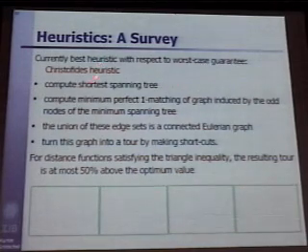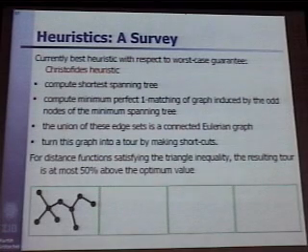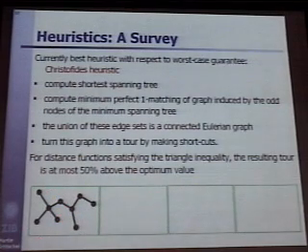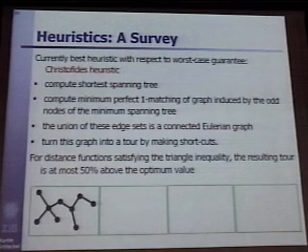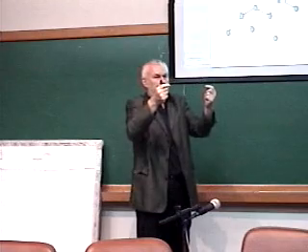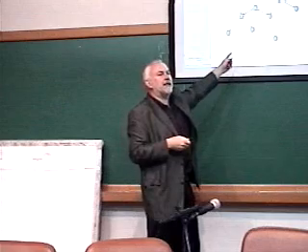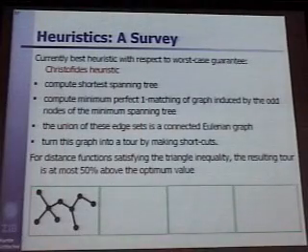And the Christofides heuristic does the first thing. It computes the shortest spanning tree. So here's an example of nodes down there. That's the shortest spanning tree. Number one, you observe that the length of the shortest spanning tree is a lower bound for the traveling salesman tour because among the possible spanning trees are all Hamiltonian paths. And then you add one edge, you have a Hamiltonian cycle. So a Hamiltonian cycle is never shorter than a Hamiltonian path. The shortest Hamiltonian path is never shorter than the shortest spanning tree. So that's a lower bound for the length of the traveling salesman tour.